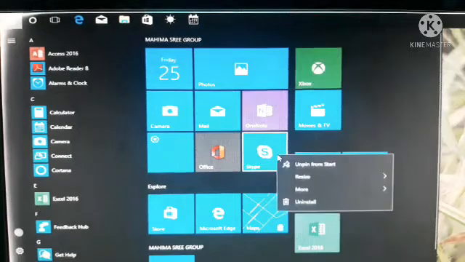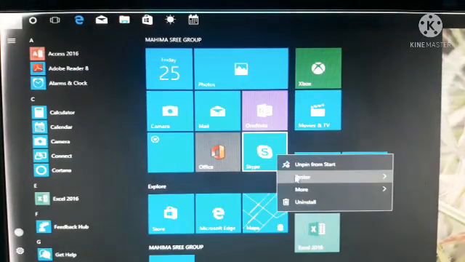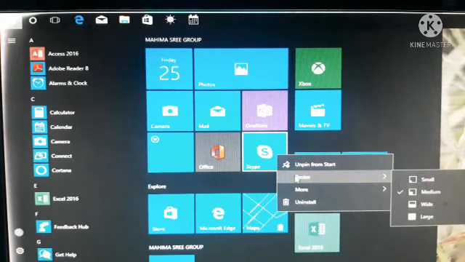If we click on any one tile, we can see the resize option. In the resize option we can see small, medium, wide and large. These are the options under resize. So we can resize the tile as we wish.